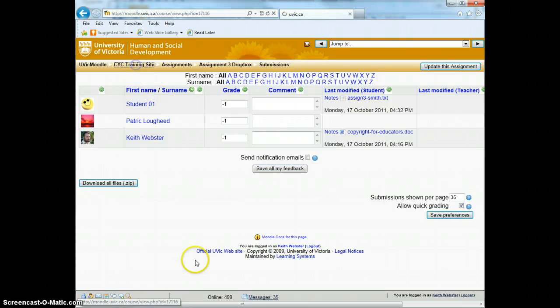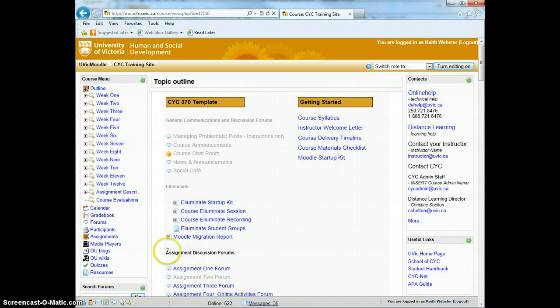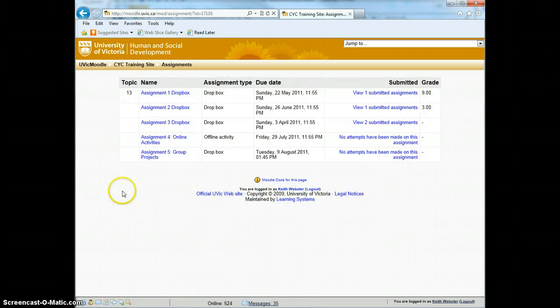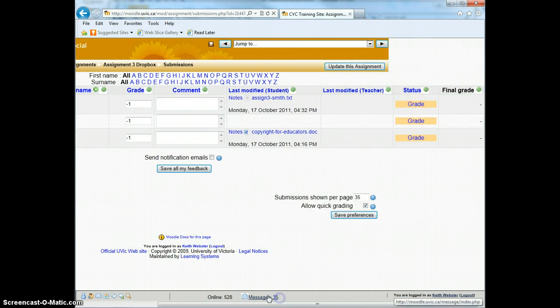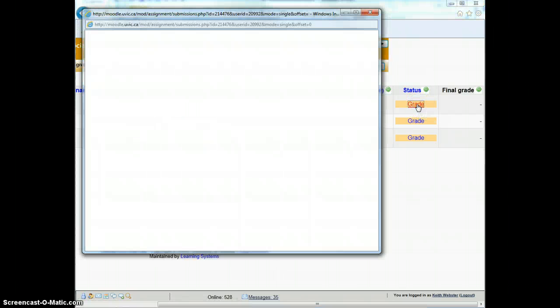So if we finish marking, we're going to do the same steps again to get into the assignment. We'll select Assignments. We'll go back to the view that shows us these submitted assignments. Only this time we're going to want to scroll over to the links that allow us to then provide feedback. And those links are either going to say grade, or if you've already provided some feedback, they may say update. So if we select the grade link,